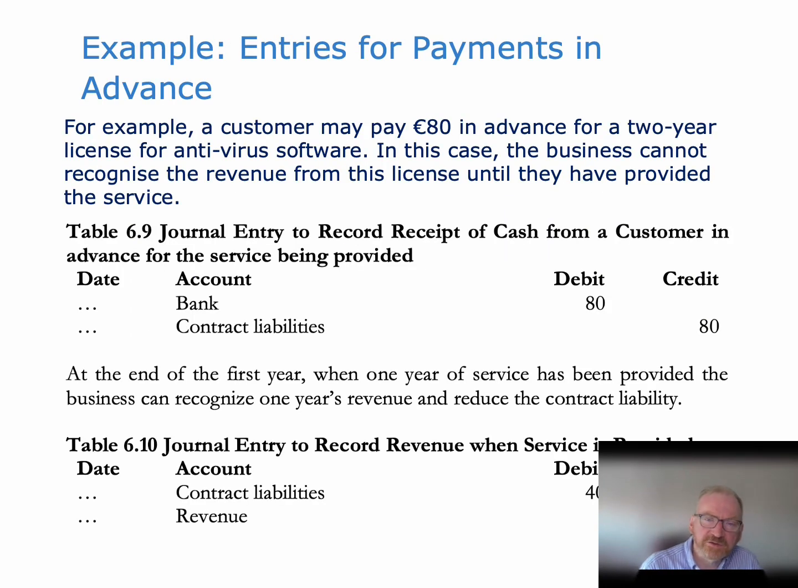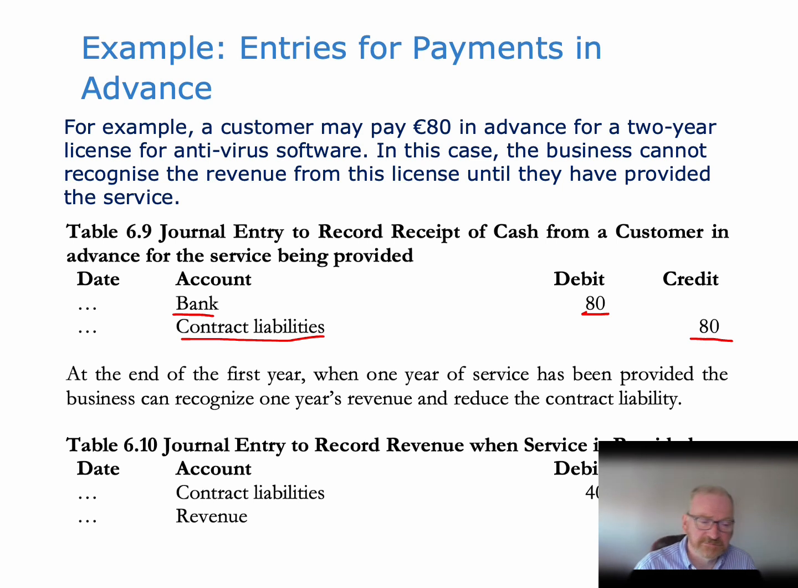So let's look at a quick example of this. A customer may pay €80 in advance for a 2-year license for antivirus software. In this case, the business cannot recognize the revenue from that license until they've provided the service. So the customer pays the €80. We debit the bank because the money's coming into the bank, €80. We credit contract liability. So we create a liability account, and that liability represents our obligation to provide the service